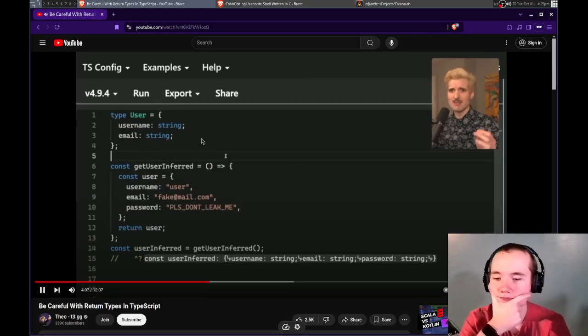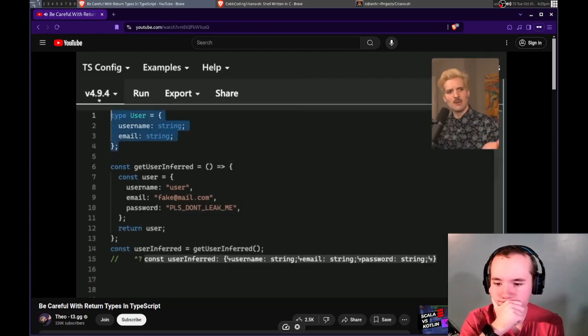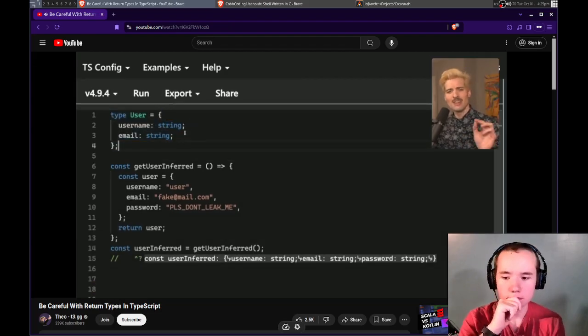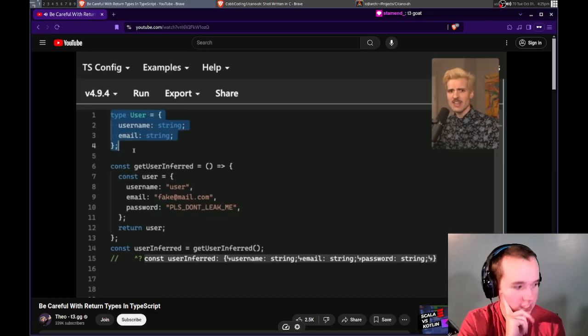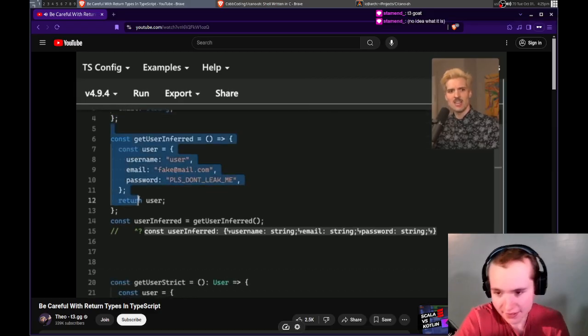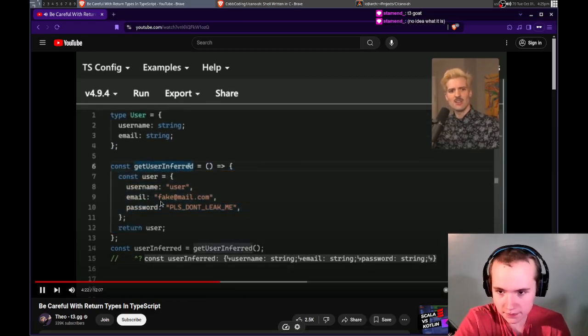This comes close to my heart because I've made mistakes like this before, where you have a user type that has a username and email, and notably it doesn't have a password because this is meant to be the user that we return to a user when they make a request on our application. However, if we have a function getUser that returns extra fields,